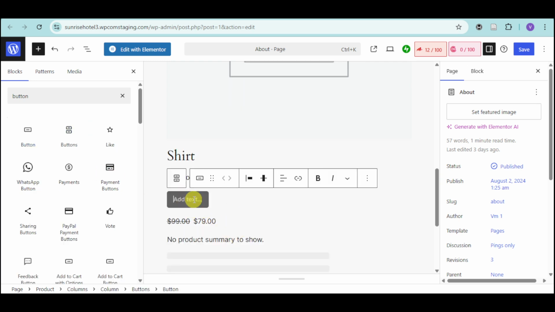Just click onto this add text and let's input "Buy", and let's edit it by clicking on this link icon. Then add in the URL that will actually be an affiliate link. It can be from Amazon affiliate or whatever other affiliate program that you're in. Just input the URL right here, and when users buy that product, you will get a commission for that particular affiliate link that they have